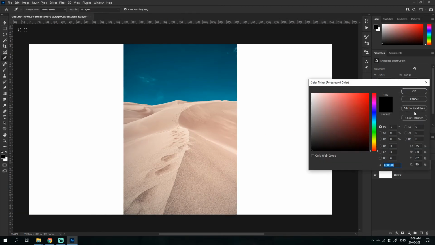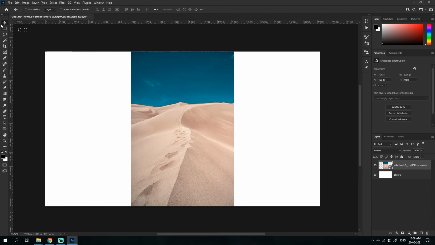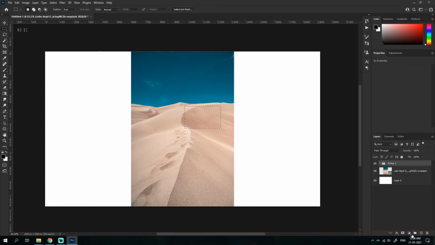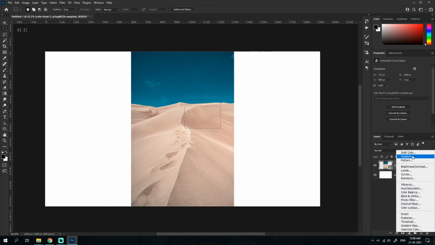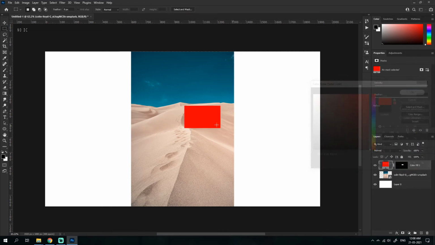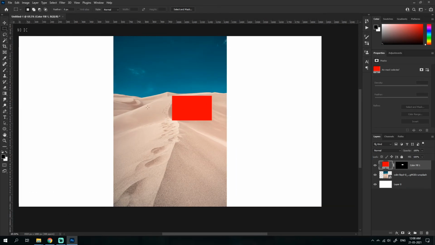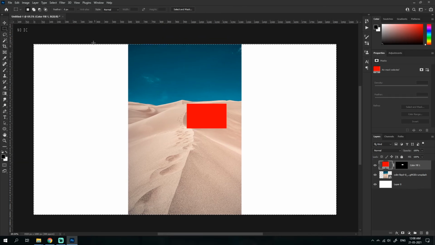I'm thinking what else is needed for the basic ones. One simple thing I'll show you guys is, let me just make a solid color. If I want it to be in the center, I can just press Ctrl A. You could see all this. In Photoshop, anything that's shown in dotted lines is something that is getting selected. So I just press Ctrl A to select all. Then if I go to the move tool and this thing selected, I can just move it to the center.